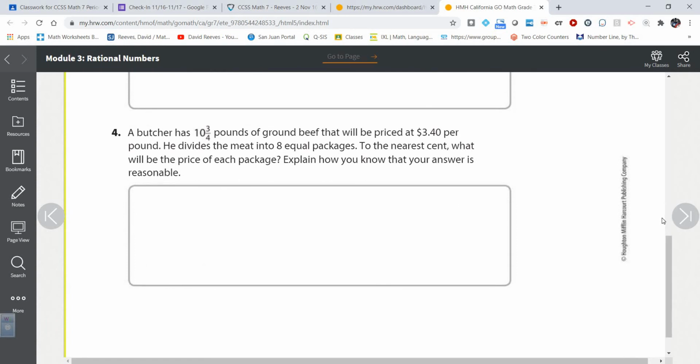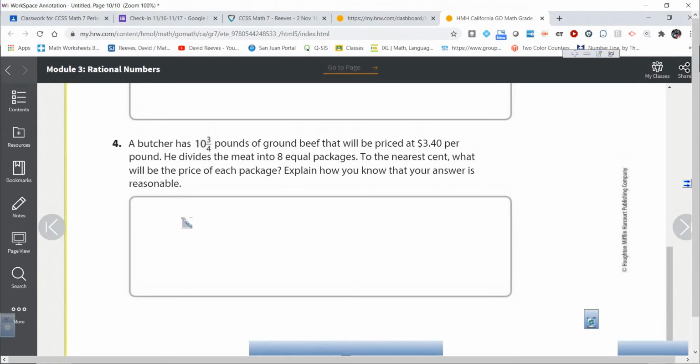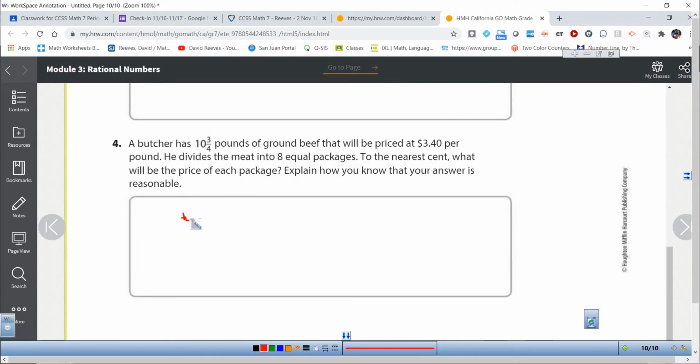How about this next problem? A butcher has 10 3/4 pounds of ground beef that will be priced at $3.40 per pound. He divides the meat into 8 equal packages. To the nearest cent, what will be the price of each package? Okay. So what is our total weight? So our total weight